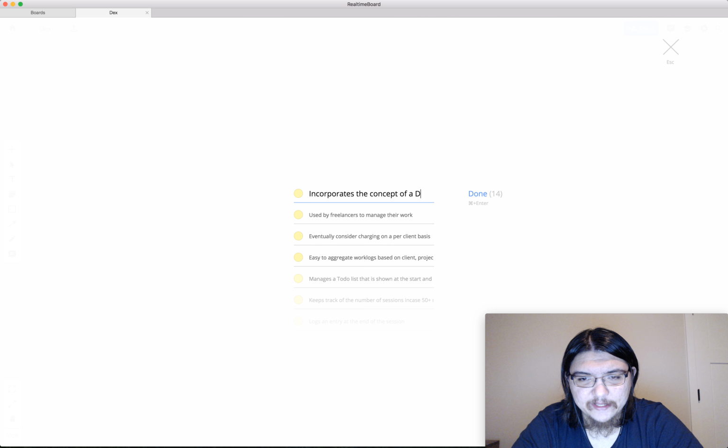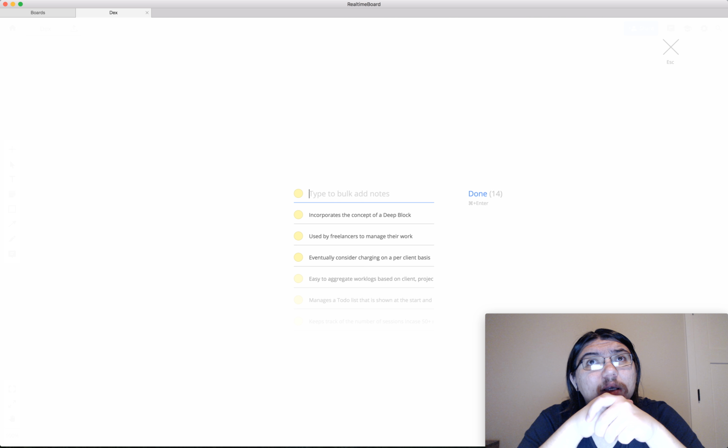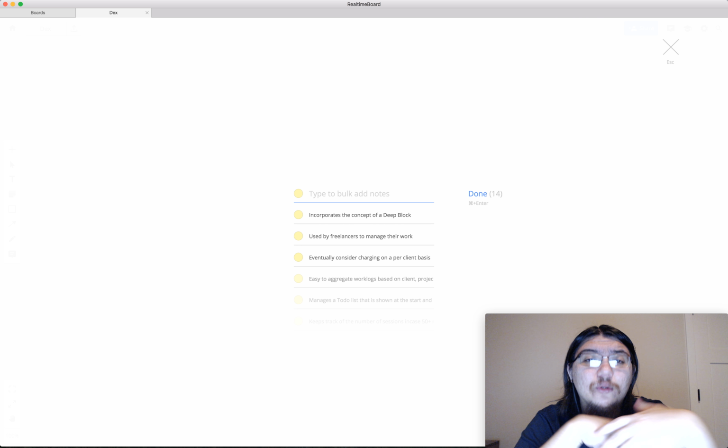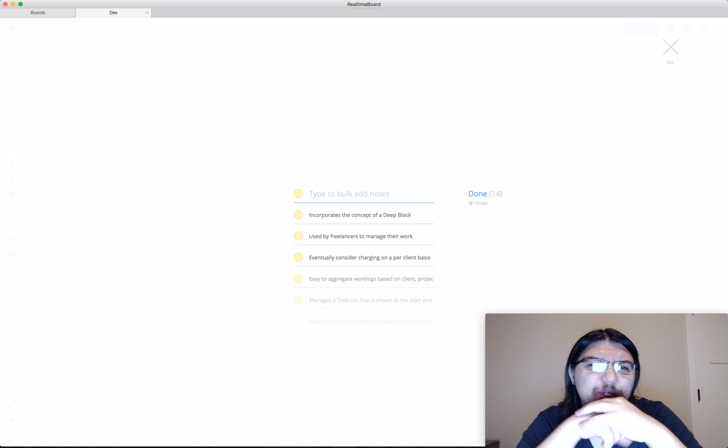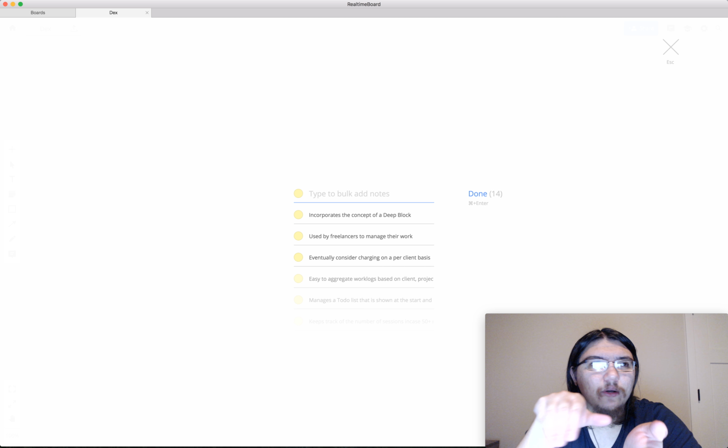concept of a deep block. So a deep block, I saw recently, I actually didn't know about this before. They're supposed to be 4 Pomodoro sessions in a row. The idea is you take a Pomodoro session for 25 minutes, take a break for 5 to 10, and then you repeat that 4 times. And after the 4th one, you take a long break, like a lunch, probably like 15 minutes or so. But the idea is that 4 sessions in a row,